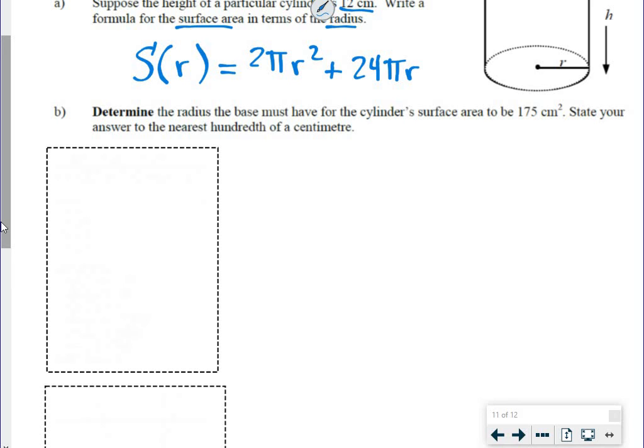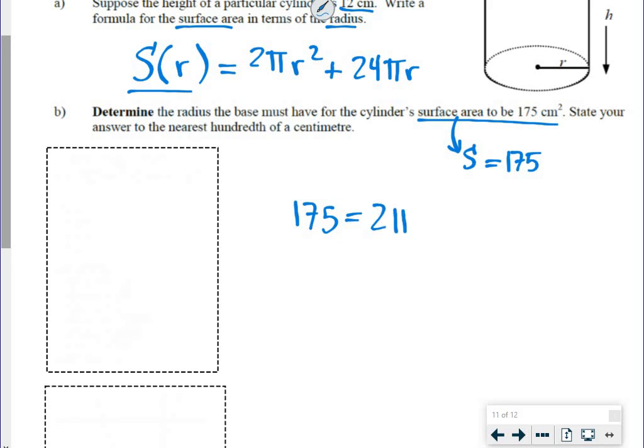So next, determine the radius the base must have for the cylinder's surface area to be 175 centimeters squared. State your answer to the nearest hundredth of a centimeter. So what we know is the surface area needs to be 175. And that needs to be the left side of this equation. So we go 175 equals 2 pi r squared